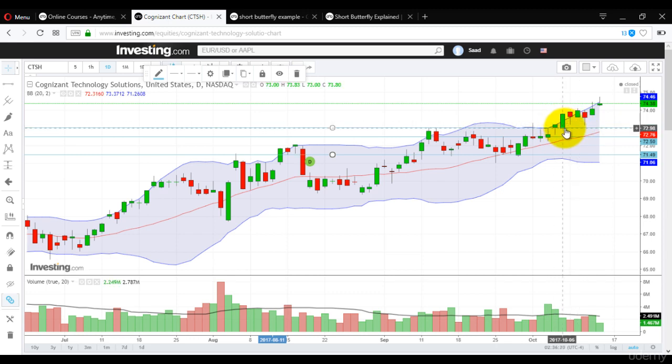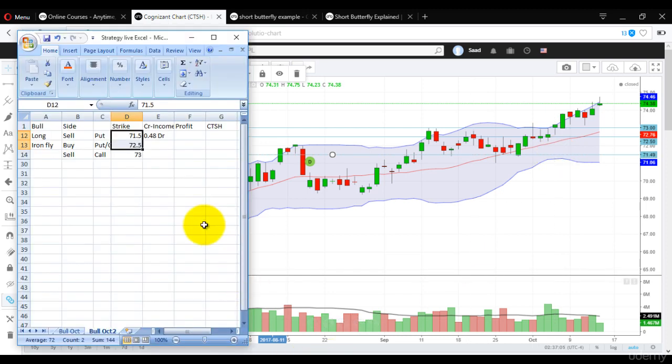because we wanted the initial net debit to be really low, because we knew that the price was outside the Bollinger Band, so it will continue to go up and our net debit will be acting as our initial loss. So we need to reduce the loss to as low as we can. However, we need the top strike price to stay near the top Bollinger Band. We don't need it to really go up or down. The middle strike prices can be adjusted as you want, but try to keep it nearer to this red line. The lower strike price can also be adjusted as you want, but the point is you have to adjust them to reduce your initial losses, because your initial loss of 48 cents will always be there to be deducted from